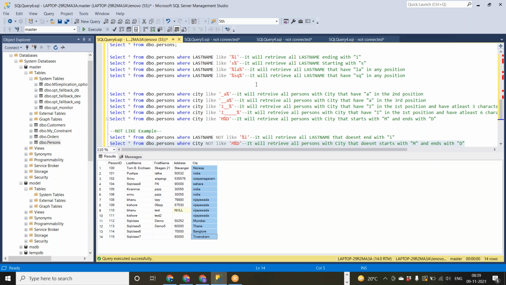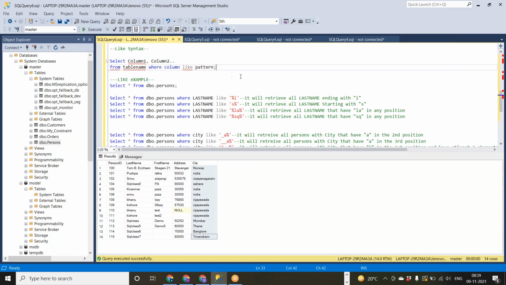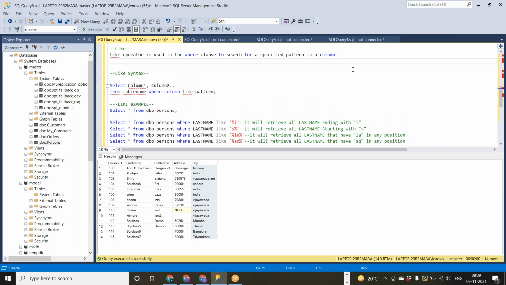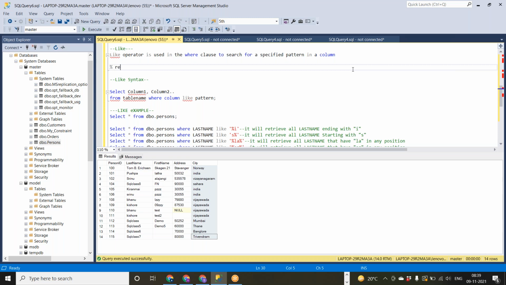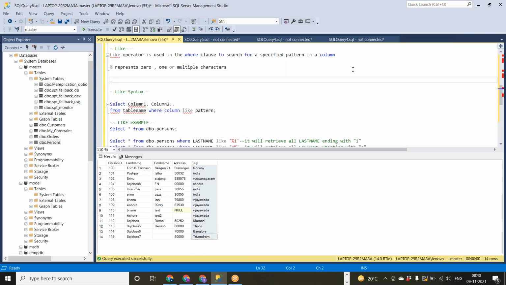So I want to specify some words in the like operator. We have used percentile, right? It represents either 0 or 1 or multiple characters. And we are using underscore. This represents one single character.